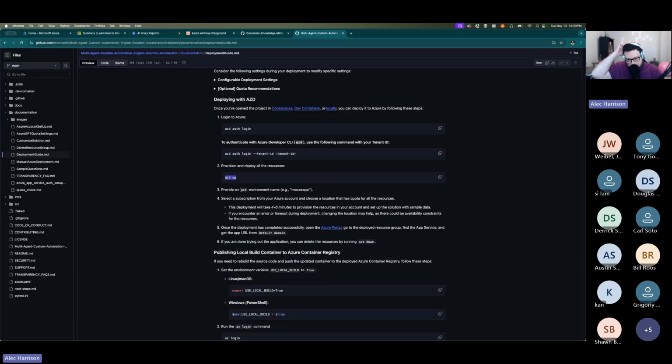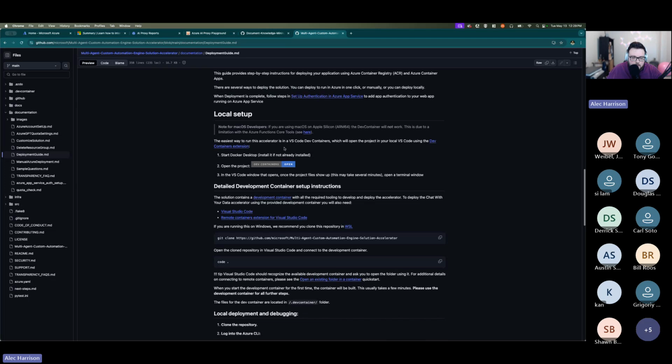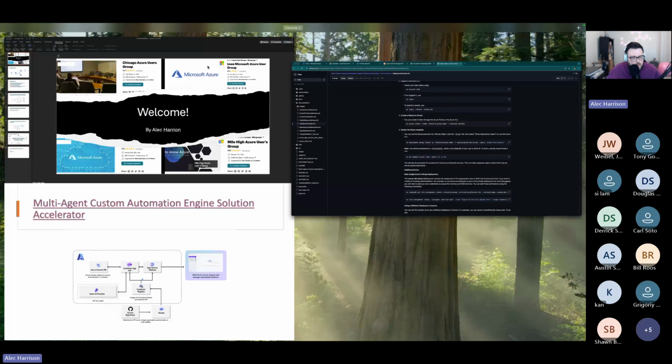One thing I forgot to mention is that some of these solutions require a Postgres database. And by default, when you do your azd, Azure likes to try to throw you in US East. US East is at capacity for Postgres, so it won't actually let you spin up more. US Central is where a lot of these things worked, where there was still an AI instance and still Postgres capacity, so you can spin up the database for some of these. Just something I ran into when I was working through this. There is also a local setup on this one, so if you want to run it locally, you can totally do that too. And we'll roll into that one.